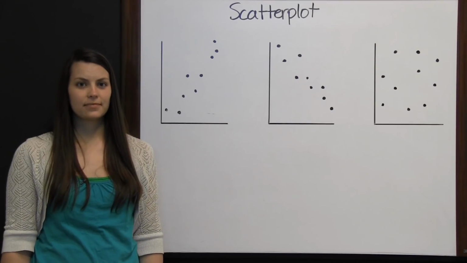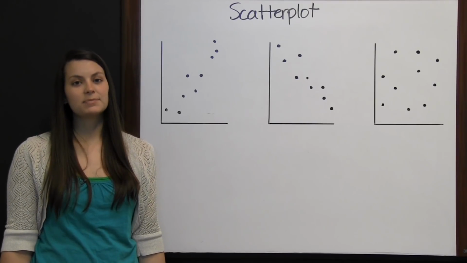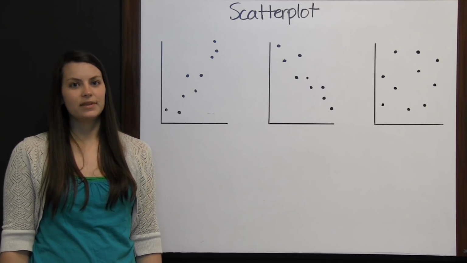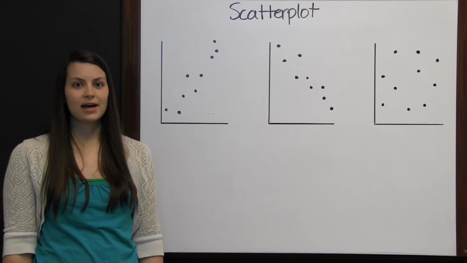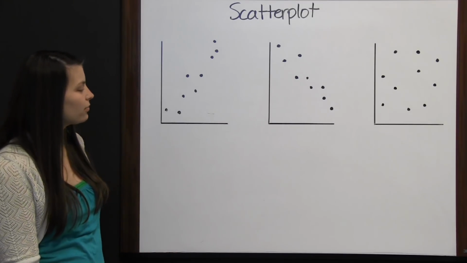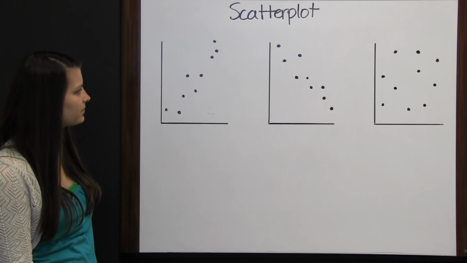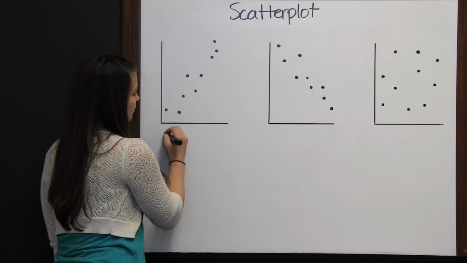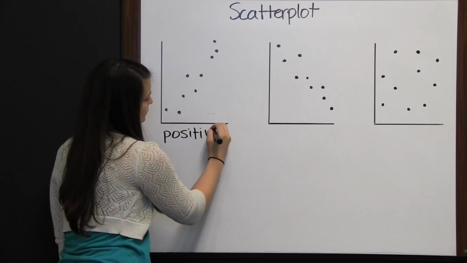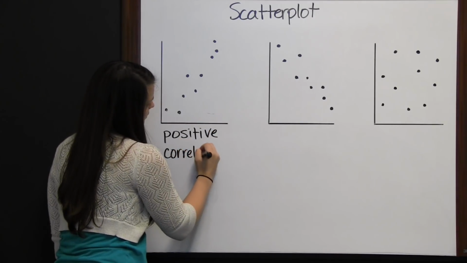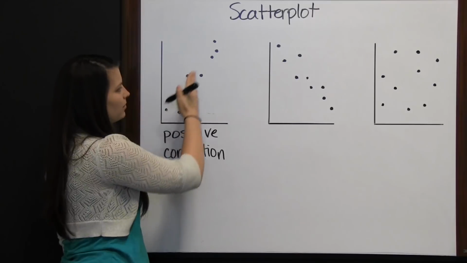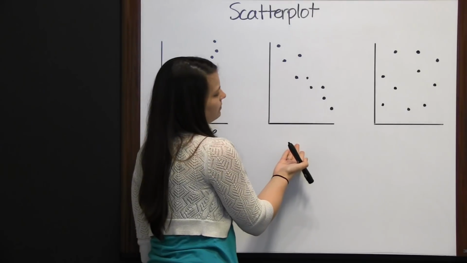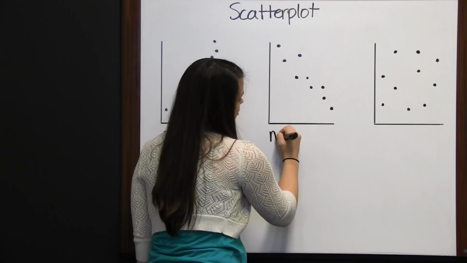Scatter plot. Any collection of data can be displayed on a scatter plot. You would plot the data points on a coordinate grid and then just not connect the points, and that's how you get a scatter plot. So here are 3 examples of 3 different scatter plots. This first scatter plot could be said to have a positive correlation. Because the data points are going generally up in a straight line. This next set of data would be said to have a negative correlation.